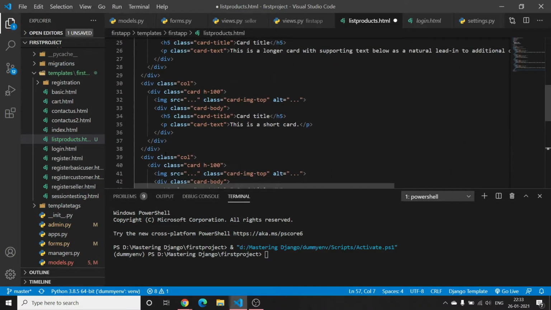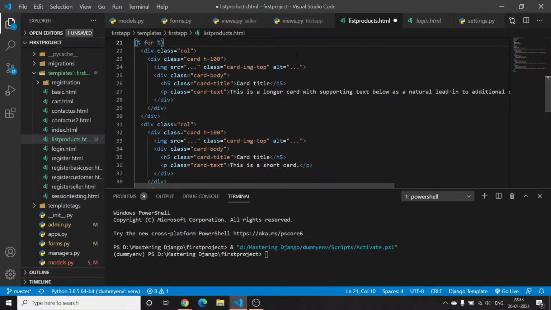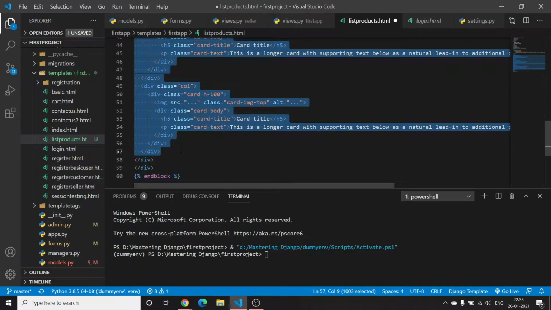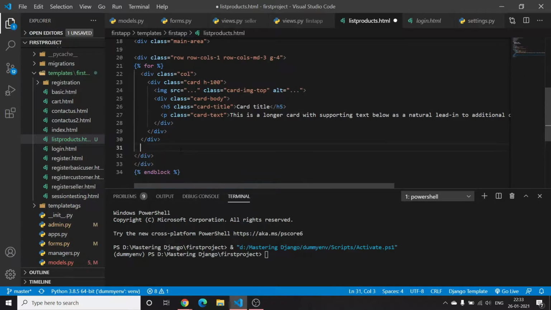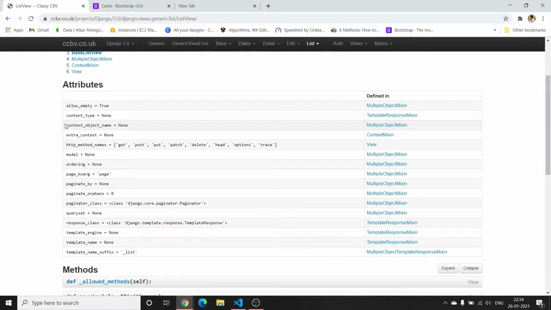So basically what we want is this here, and we want only one, so that we can loop. So we will loop this. For product in, and from this context object name, you can even change the name of the context.